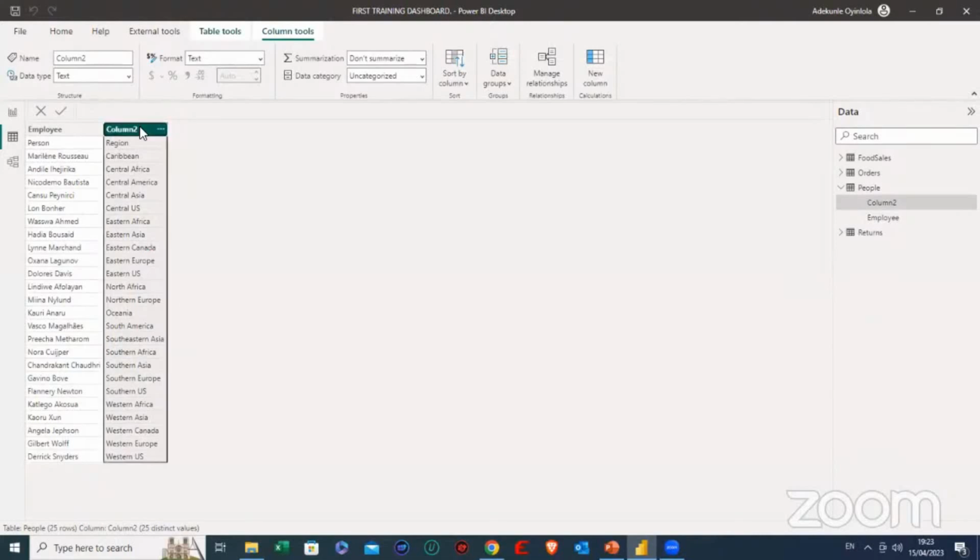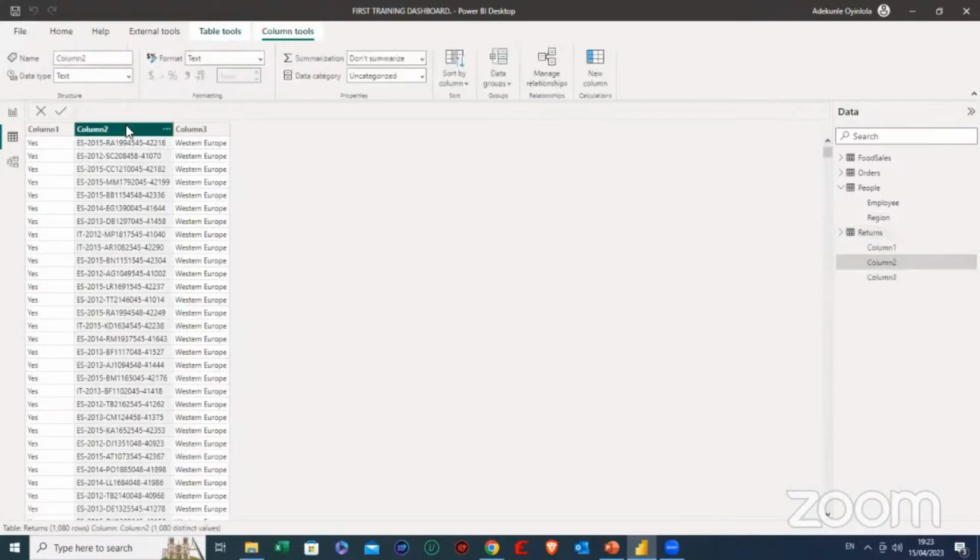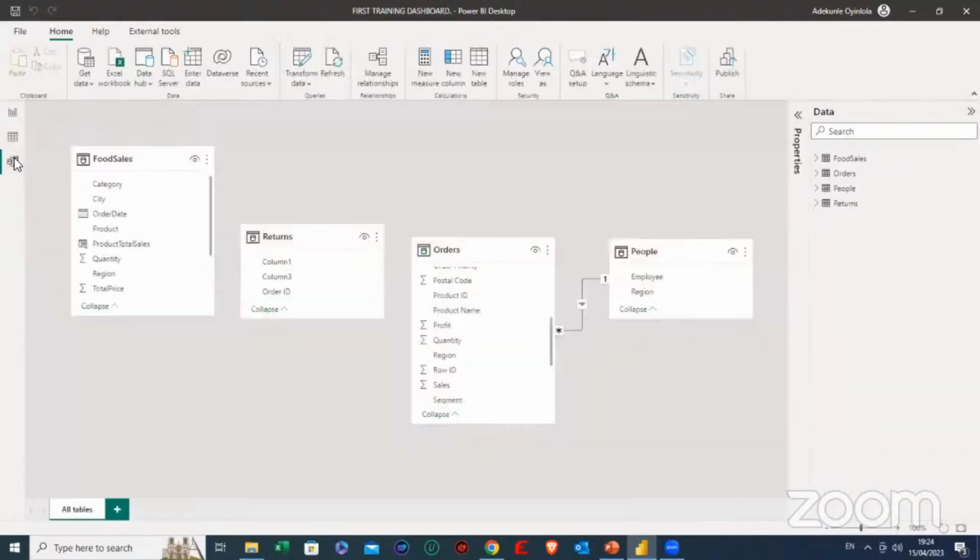Region. So returns. Double click. Order ID. So